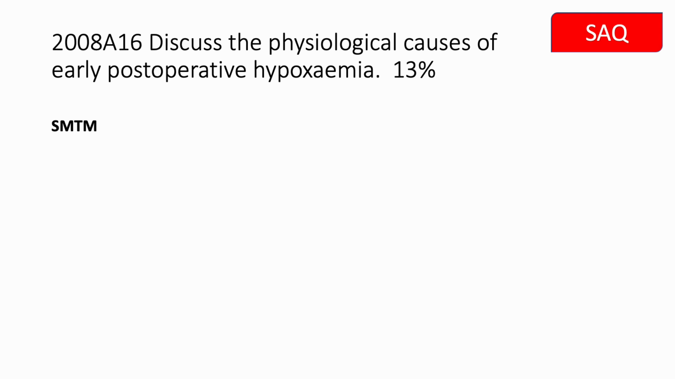So regardless of what sort of mental process you use to arrive there, after you've read this question, you should understand that it's actually asking, what is hypoxemia? What are the mechanisms that can cause hypoxemia? And why might these mechanisms be activated in the early postoperative period? So now your answer structure essentially writes itself, because all you need to do is answer those questions as directly